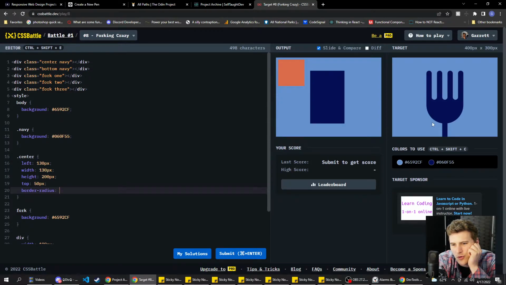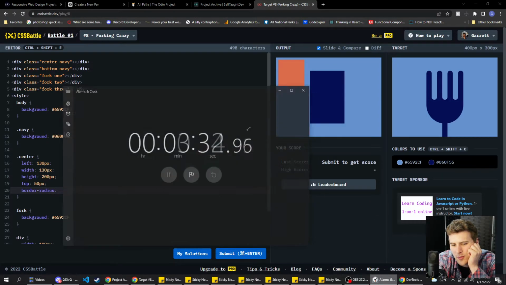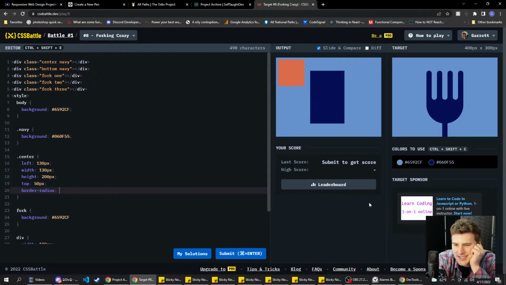1, 2, 3, 4. I don't know. What am I at? 3 minutes? I don't want to go back and add those now because then we're going to adjust the height of the center to basically be what, 140, 135, 130. But I think we need those to make that border radius on the top. Nothing's coming to mind right now of a way I can do that without having these being individual divs, I don't think. So I think I need